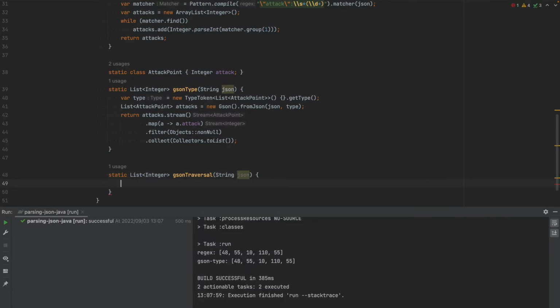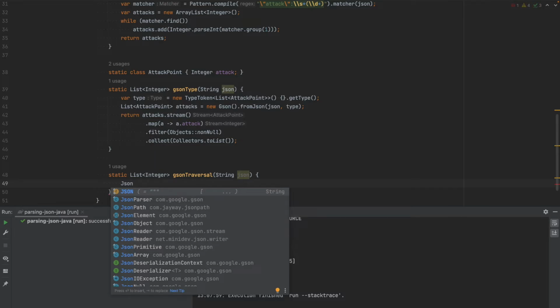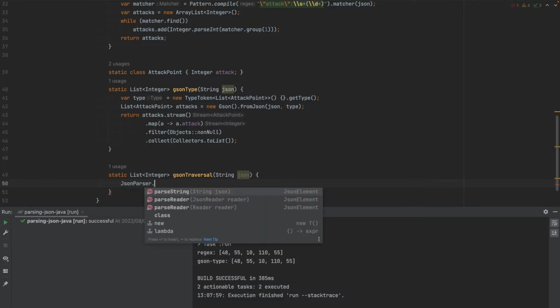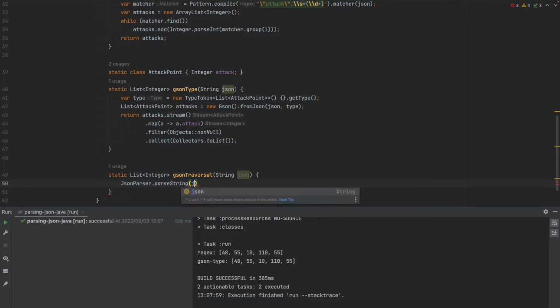In this case, we will use Gson's JSON parser class and parse this JSON string with that. This method returns a JSON element. Our JSON element is an array, so we can get the object as a JSON array,